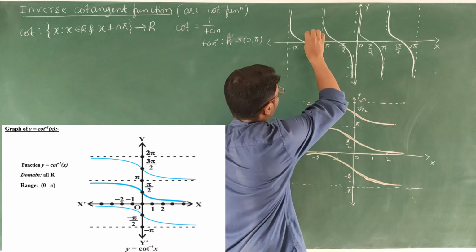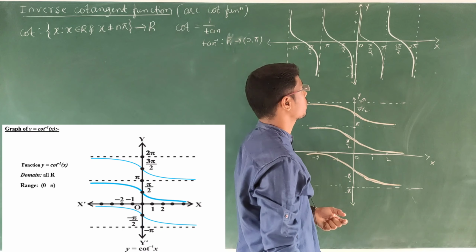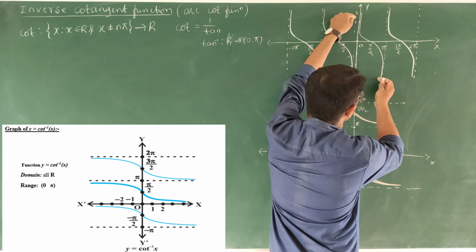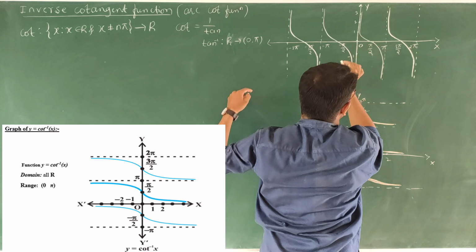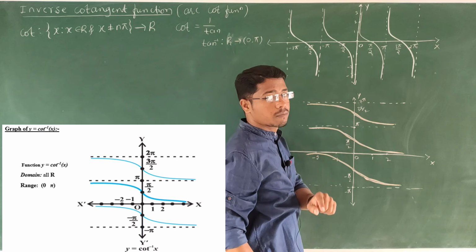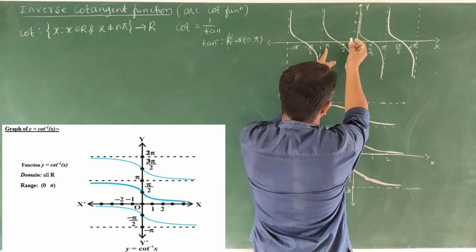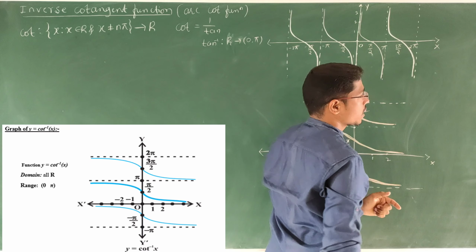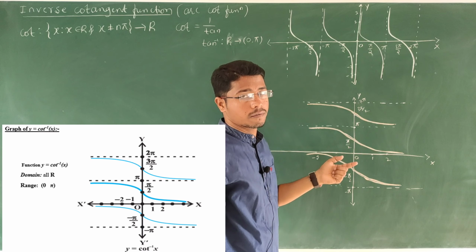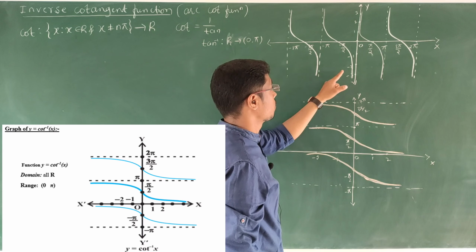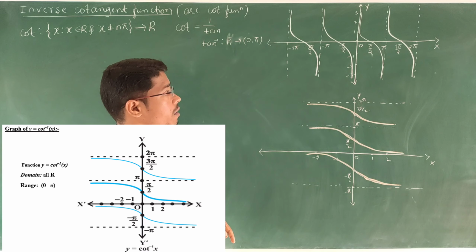Okay, see now, if I draw a line above the x-axis, it meets more than one point of the graph. So if I consider only this, that is 0 to pi, and draw one line above and one below, it meets only one point of the graph, therefore it will become bijective. Or if I consider any of these separate regions, the function cot will become bijective. Therefore, by restricting the domain of the cot function, we may define its inverse.